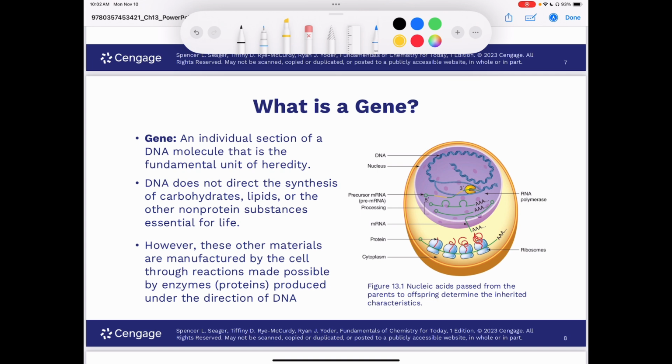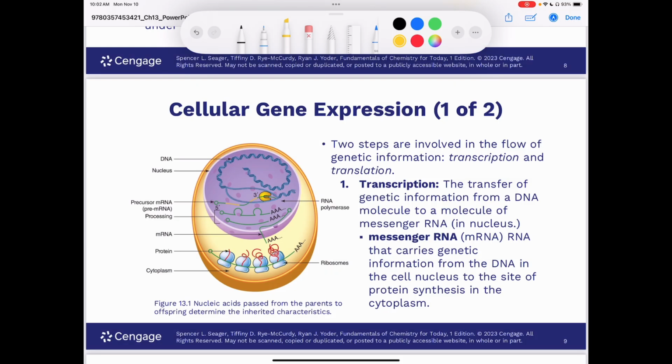There are two steps involved in the flow of genetic information: transcription and translation. In higher organisms, the DNA containing the stored information is located in the nucleus of the cell, and the protein synthesis occurs in the cytoplasm. Thus, the stored information must be first carried out of the nucleus. This is accomplished by a process called transcription. It's the process by which the necessary information from a DNA molecule is transferred onto a molecule of messenger RNA,